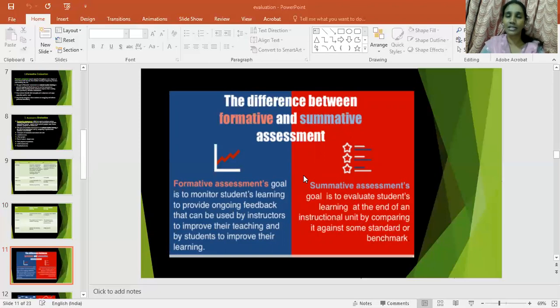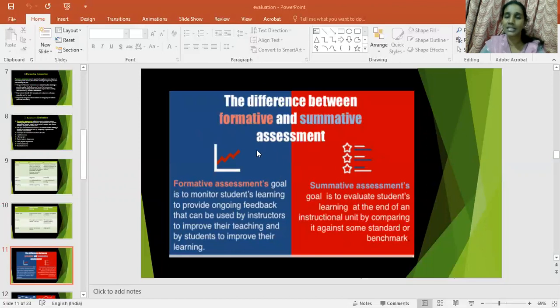For your clear understanding, I have prepared one picture. It is one kind of teaching aid. By this you can remember the points very easily, and it will be helpful for your exams also. So just see it carefully. The difference between formative and summative assessment: the same points I have explained, but here with a picture. There are two colors, one is blue and another one is red.